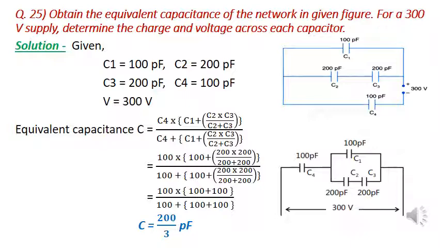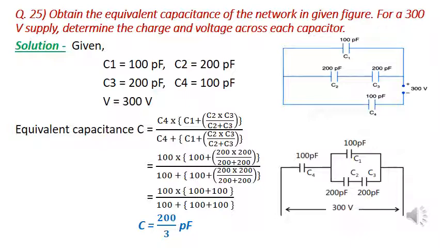So the equivalent capacitance of C1, C2 and C3 will become C1 plus C2 into C3 upon C2 plus C3, as shown in the numerator in the equation. And finally we will find the equivalent capacitance of all four, including C4. C4 is connected in series with the other three as shown in the next figure. So we will again use the formula of combination of capacitors in series.